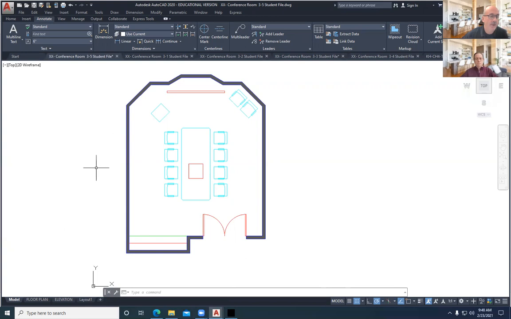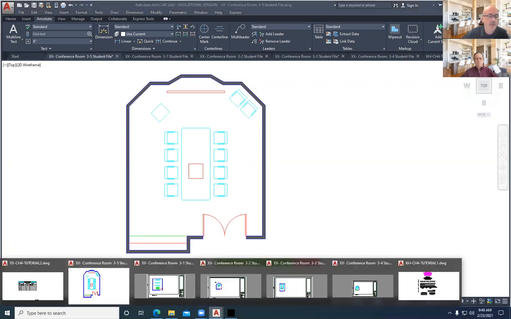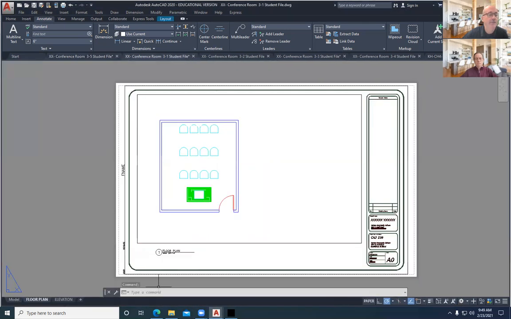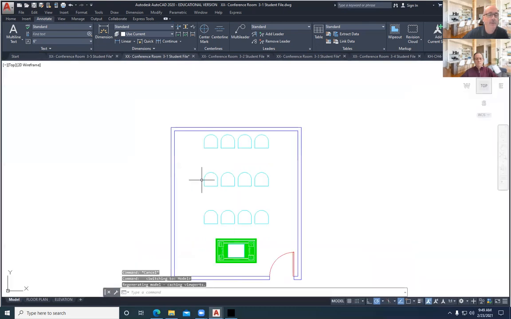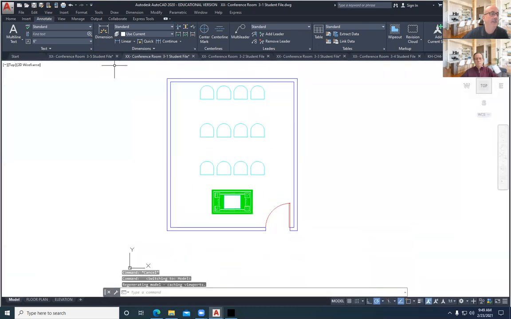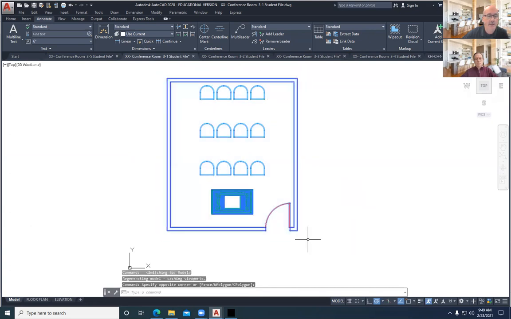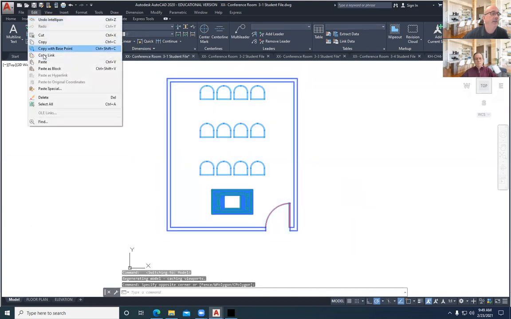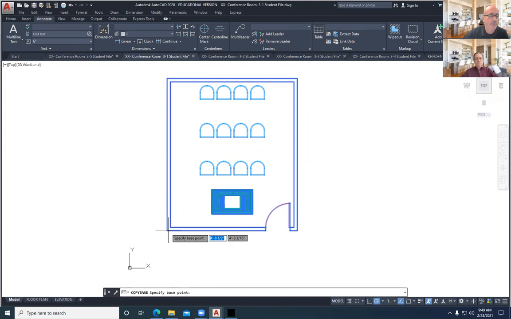And so if I wanted to, I could insert the other CAD geometry from the other drawings. Let's say I wanted to put all of these together, and I want this drawing in the other one. What I can do is go into model space and just copy it. I can select it all and say edit, copy with base point, and put a base point on it